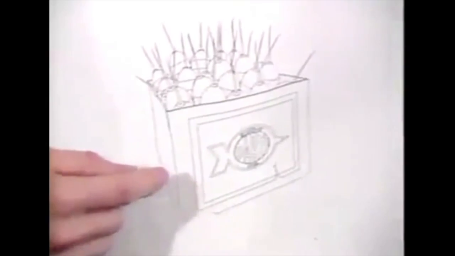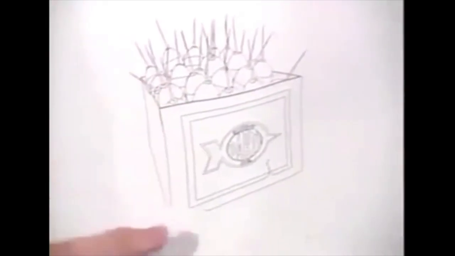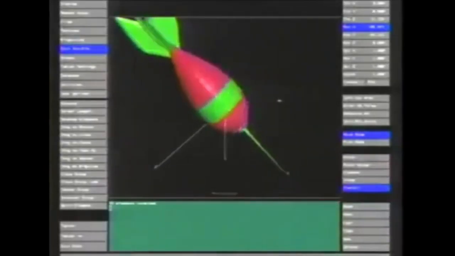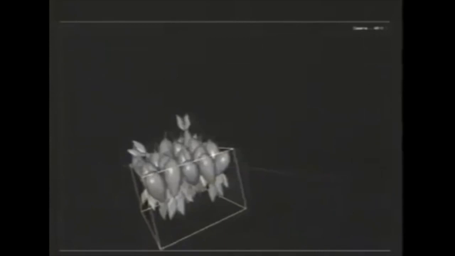This scene consisted of approximately 20 darts and 1 dart box. So I would take the single dart that I had manufactured in the computer, and I make copies of it. I put all 20 darts in the box and then animated the box relative to some computerized camera position. It's sort of a new art form in animation, is combining computer-generated graphics, backgrounds, layouts moving, props moving, with the characters.